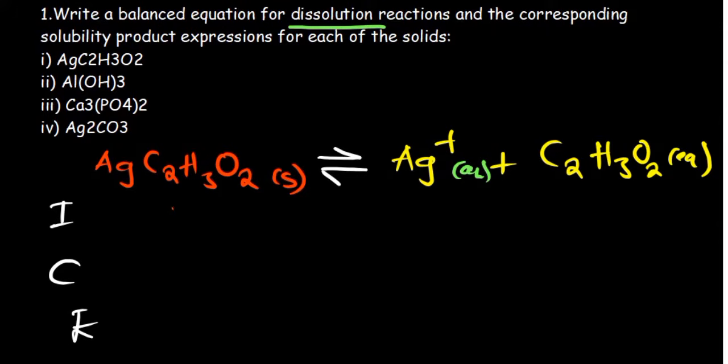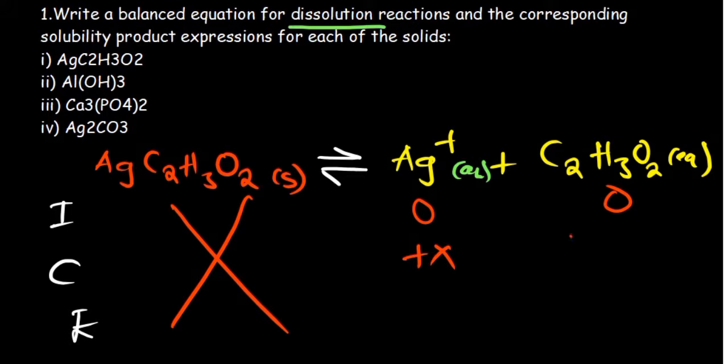So solids do not appear in the K expressions, and then for our silver, we didn't have any initial concentration, knowing that we started with a solid. So I'll put 0 there, and then just like we did under chemical equilibrium, we're going to use a variable. In this case we'll go for x. So positive x and positive x. Of course this is affected by the coefficients. So if we had the 2 there, it was going to be 2x, but in this case we just have 1s as a coefficient, so it will just be plus x,